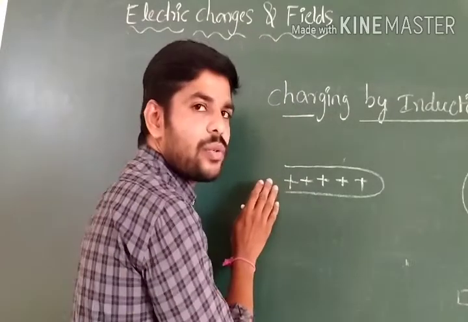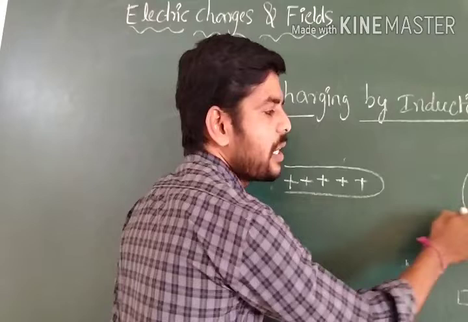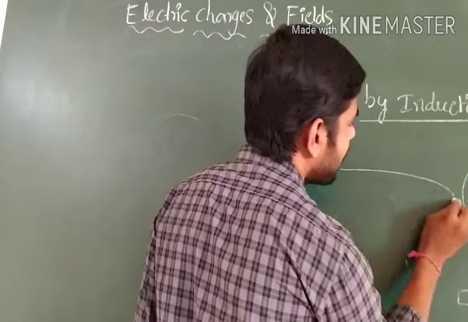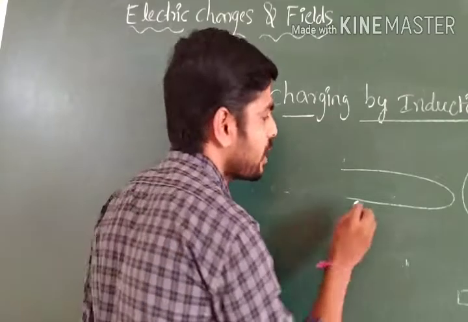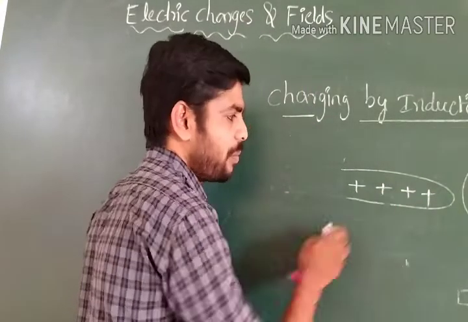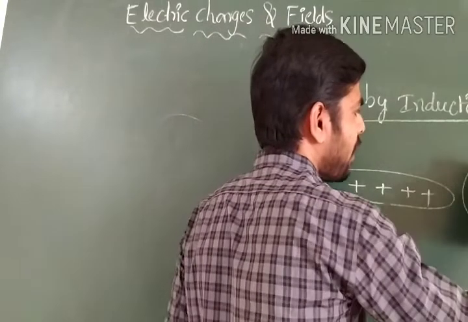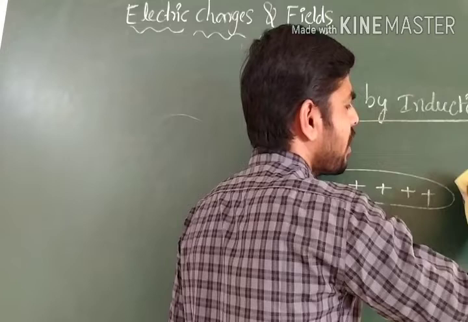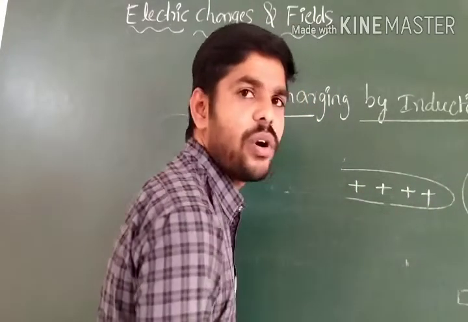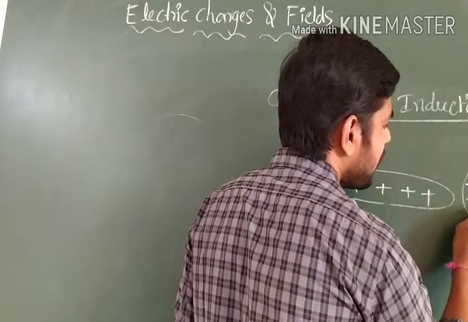Now I am taking this positively charged rod towards the sphere. For suppose I am taking it closer to the sphere. This place is charged positively. Next, what will happen to this sphere, tell me? Again these plus and minus are randomly fixed. Whenever the rod is moving towards the sphere, the minus is attracted to the place.